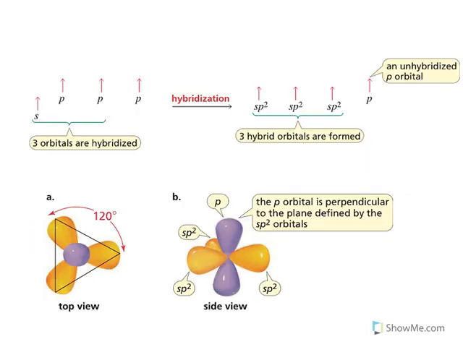Whereas in alkenes, it is an sp2 hybridization. So all the sp2 will be there, and a p remains as such. So this p is an unhybrid orbital. When you see the bond angle, it is 120 degrees. And see, this unhybrid orbital is like this. It is perpendicular to the plane.